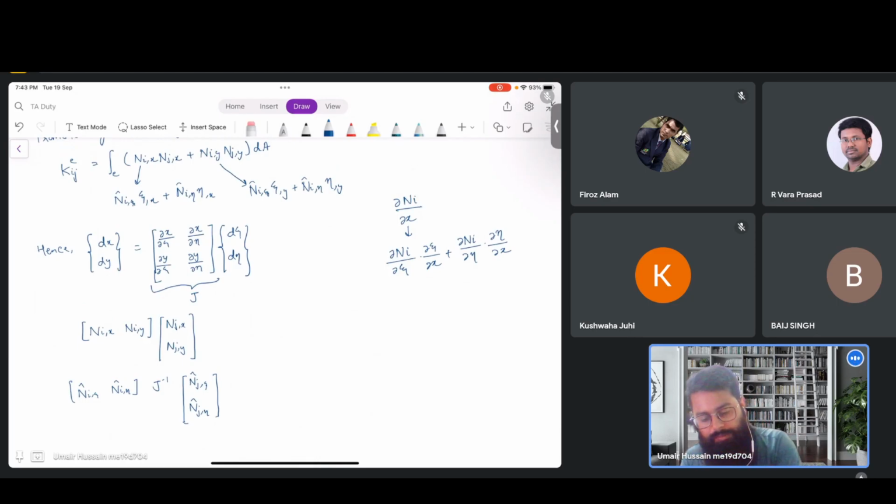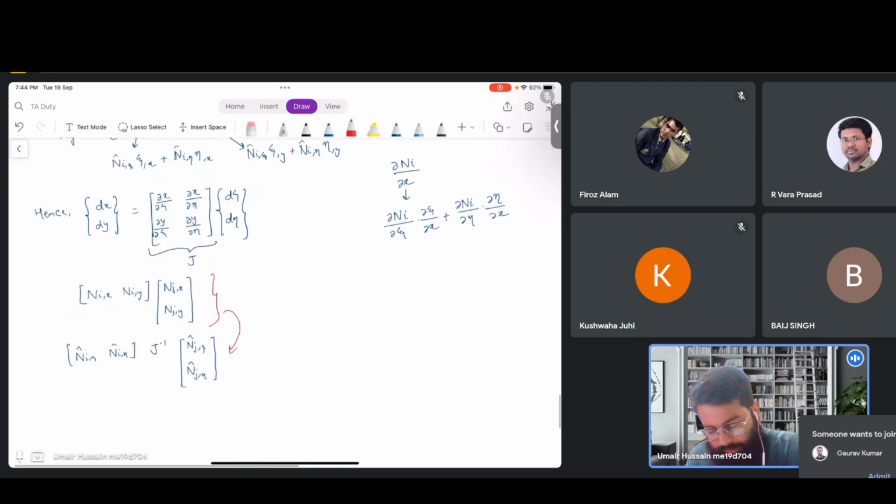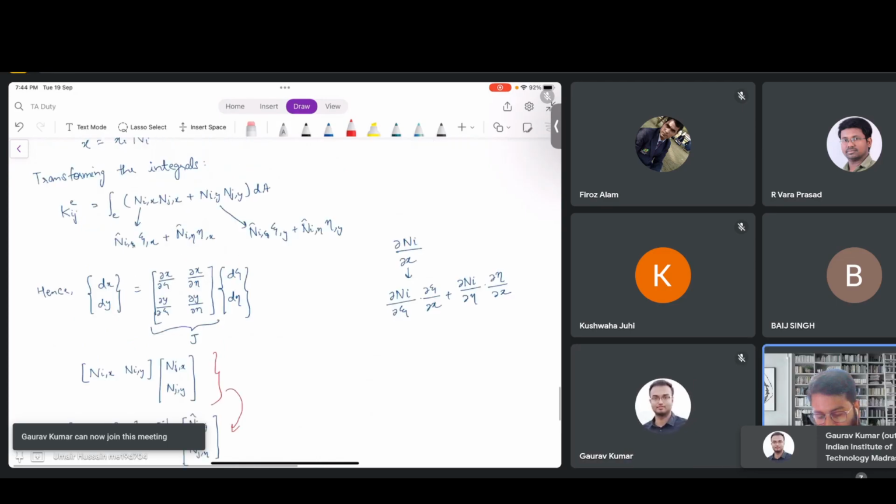Okay, so I simplified this a little. If we are given the integral of our stiffness matrix, this is usually in this form here, so it's given in x and y. If we want to change it to eta and zeta, we just have to introduce this inverse of the Jacobian. So yeah, this is it for what we did in week 7,